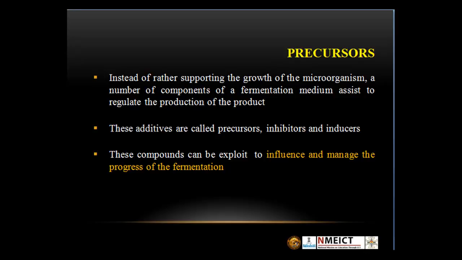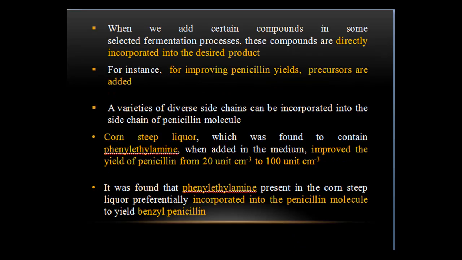These compounds can be exploited to influence and manage the progress of the fermentation process. When we add certain compounds in some selected fermentation processes, these compounds are directly incorporated into the desired product. For example, for improving penicillin yield,